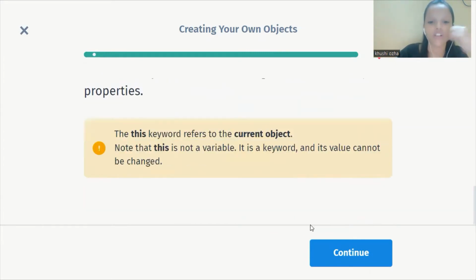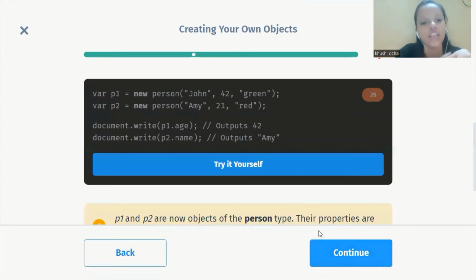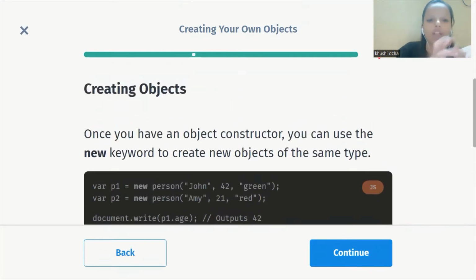Now, this keyword refers to the current object. Note that this is not a variable, it is a keyword and cannot be changed. Now, some things are actually things which cannot be changed, like we have variables and a little bit of those values which cannot be changed. Once you have an object constructor, you can use a new keyword to create new objects